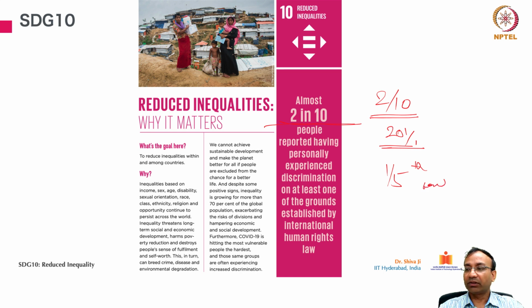Every fifth person has experienced some form of discrimination on some occasion, which are listed by international human rights laws. We will see eventually in the later course what those discriminations are and in what possible ways they occur. But typically we know,